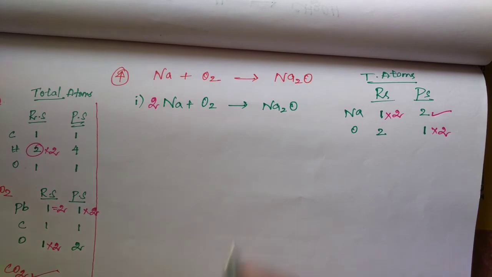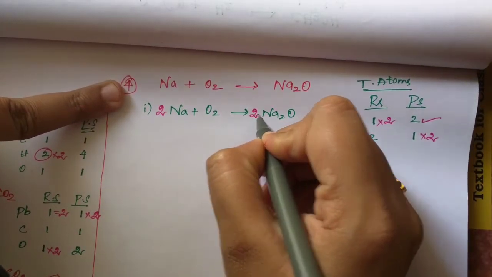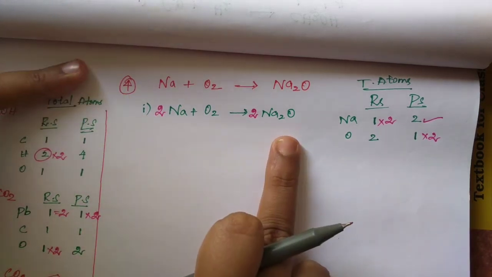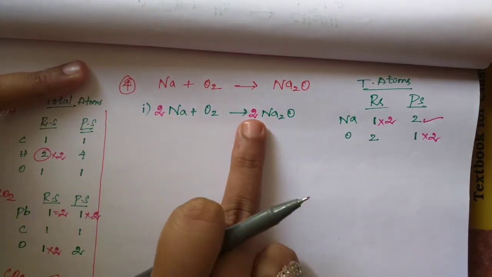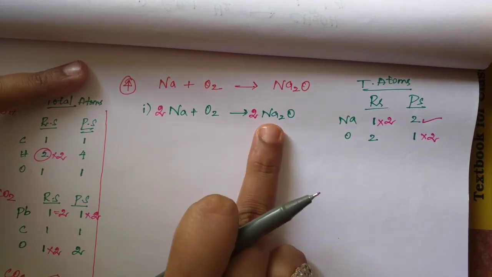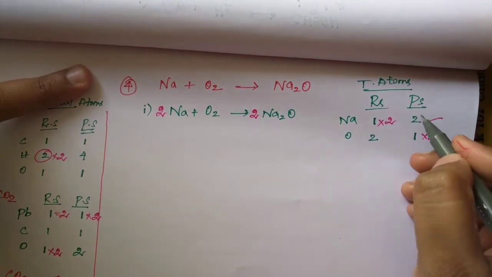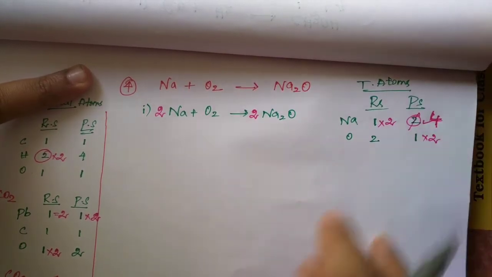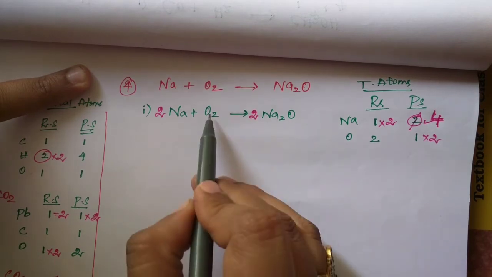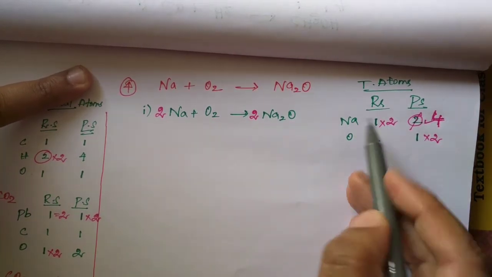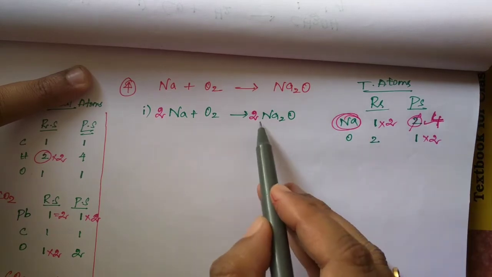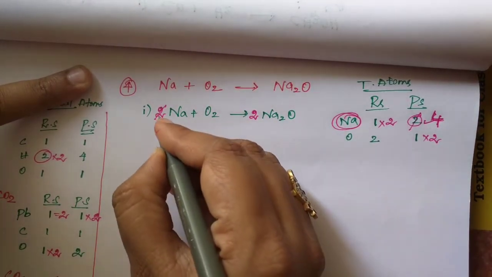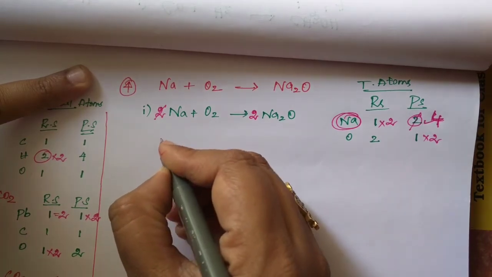So now I am balancing oxygen in product side. Clear? Now you have to count the atoms once again. Now here 2 sodium atoms, but here see, students, 2 into 2, 4. Now it becomes 4. Instead of this 2, now product side sodium becomes 4. But oxygen 2. Here also 2 oxygen. Now sodium is not balanced. Here 4 are there, here 2. Now how will you change this 2? If you multiply this 2 by 2, you will get 4.